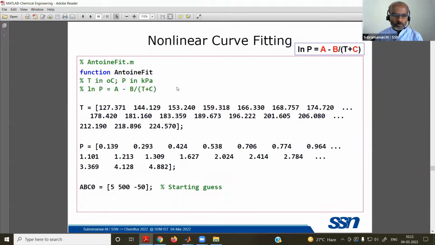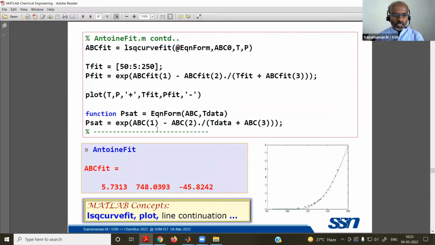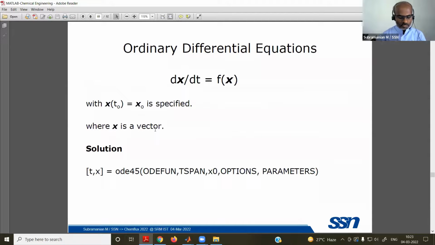Not much explanation is needed, but nonlinear curve fitting needs slightly more explanation. I cannot spend time on this. I'll go to this nice thing, what is called solving ordinary differential equations. Now ODEs are quite common in representing the dynamics of any system. So single ODE or multiple nonlinear ODEs, how to solve them? You know this numerical technique, what is called Runge-Kutta.